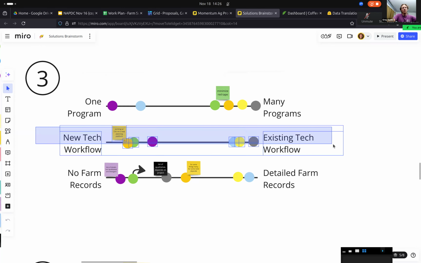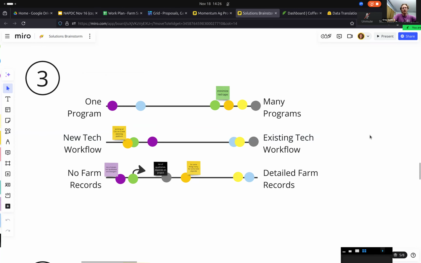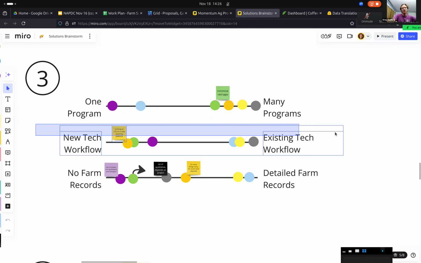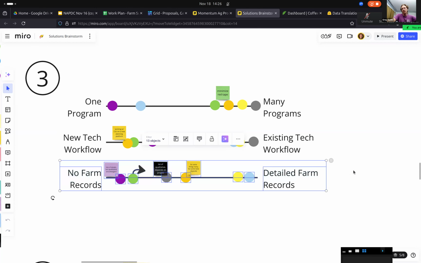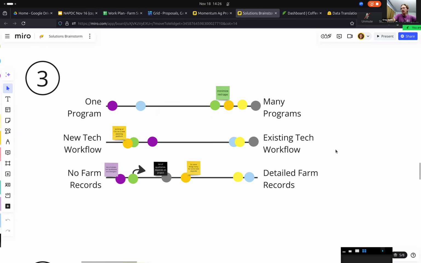Same with this. Some people have workflows that they've had for 10 years with historical information and everyone's trained on it. Some people are just developing a workflow now. Your ability to engage and offer tech solutions is going to be different. And then finally, farm record detail. If you're working down at the level of farm records, like an irrigation event on a day, you will need a different system than people who just need to know whether you till ever,